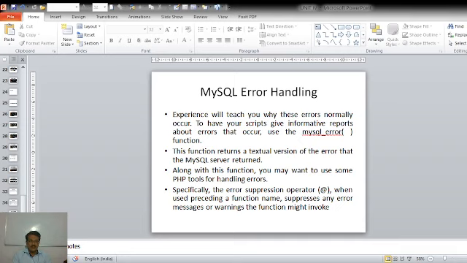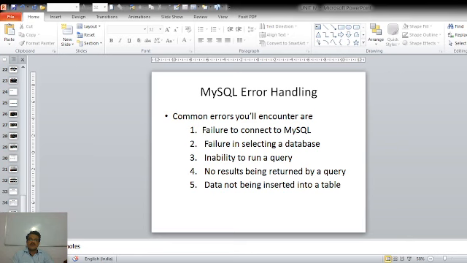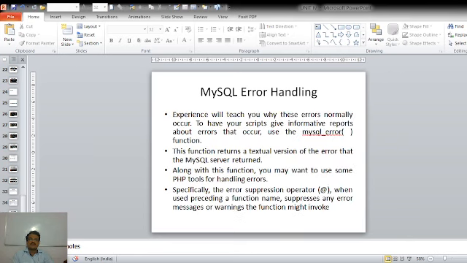Meaning whatever error might occur, that error will be suppressed by this operator, which represents error suppression. Here we will see how to suppress this error.